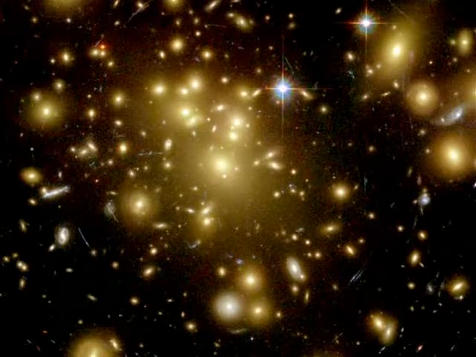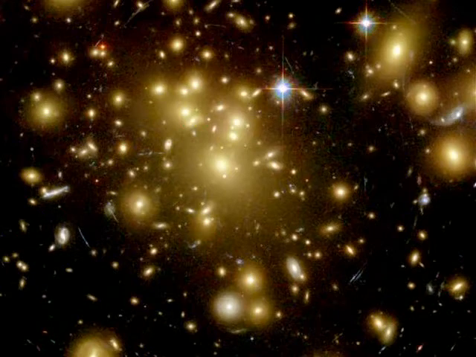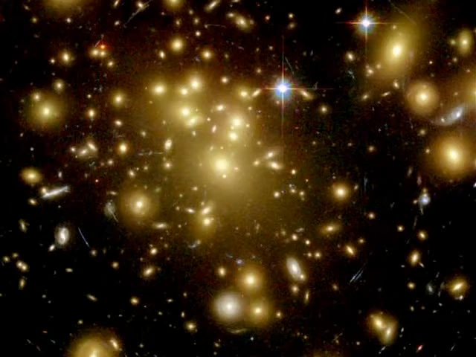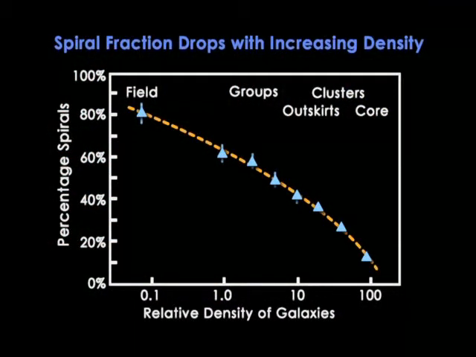Now look at a very different kind of galaxy habitat, a crowded cluster. Do you notice anything different about the type of galaxies inhabiting this cluster? There are essentially no spirals. This fascinating tendency for spiral galaxies to shun dense environments was first put on a firm basis in 1980 by Alan Dressler. Here's a graph of his data, which nicely shows how the fraction of galaxies that are spirals gradually